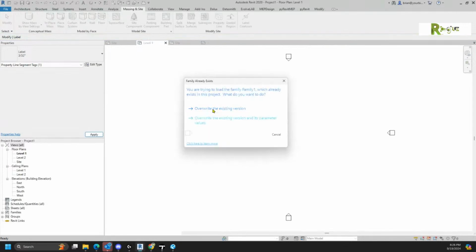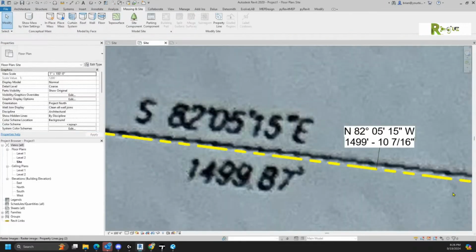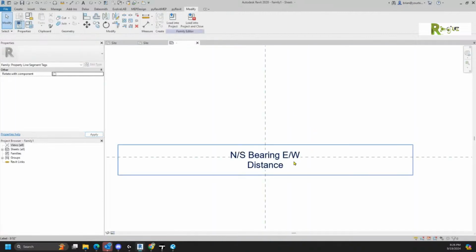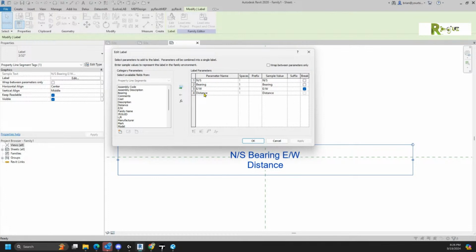Need a break, don't you? Or no? I don't think so. You're right. See, just put that north 820515 west. Now, for the bottom one, for the distance, if I edited that label and I picked the distance